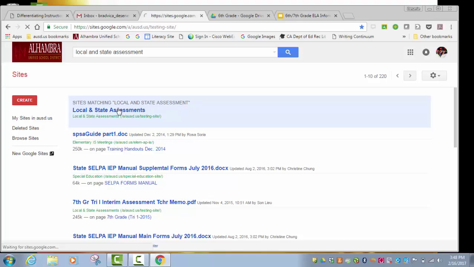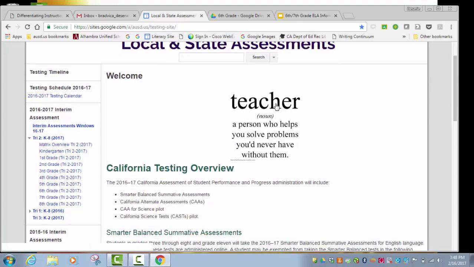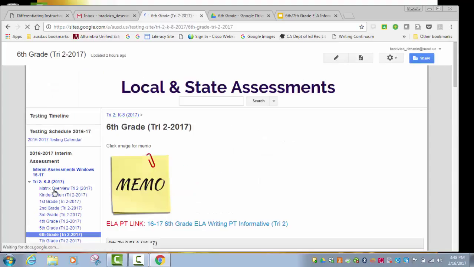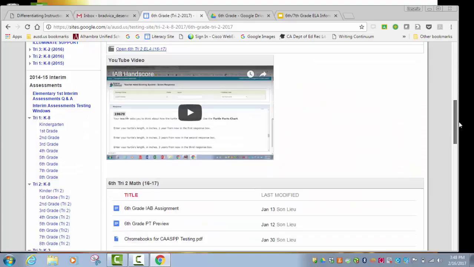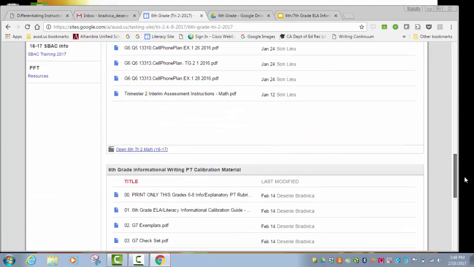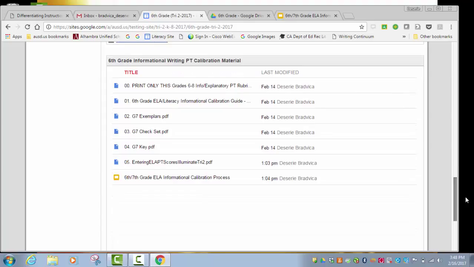And you should be viewing this screencast if you teach 6th grade or 7th grade. It's the same process. So I'm coming here to 16-17 interim. You can click on 6th or 7th. Both are structured the same. You'll need to scroll underneath the performance task, the math task, to the folder that says your corresponding grade level's